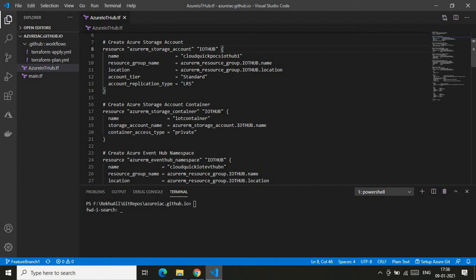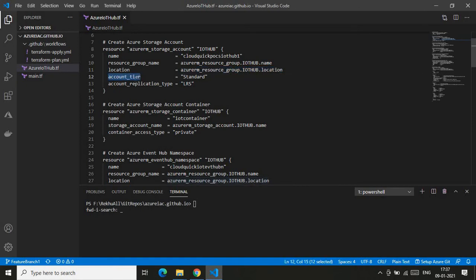So that is the name of my Azure storage account. Make sure that you make this name unique, because it must be unique across Azure. And this is my resource group. As I said earlier, I'm referencing the resource group name across the code below. This is my resource group reference, and again the location reference is being taken from the same resource group definition.